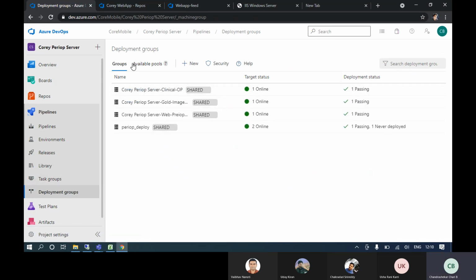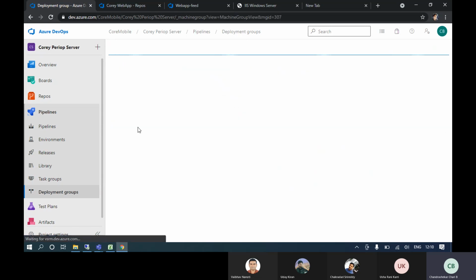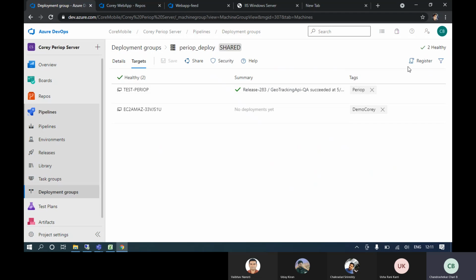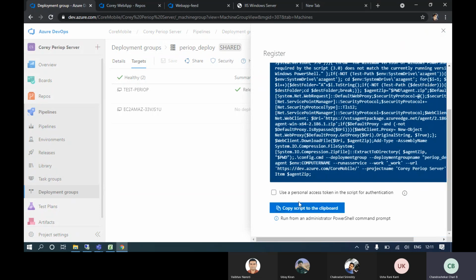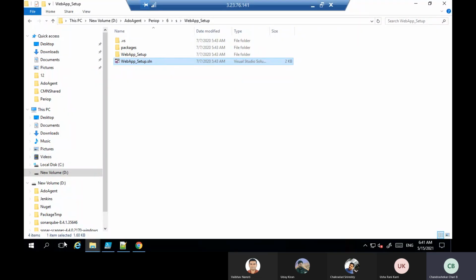You can create one of the groups, and if you click any one of the deployment groups, you can register this deployment group in that agent. If the destination server is Windows, you can copy these scripts and using PowerShell you can run that inside any of the servers like this.